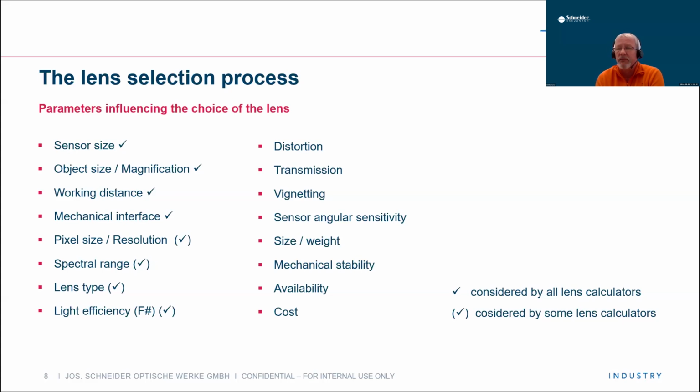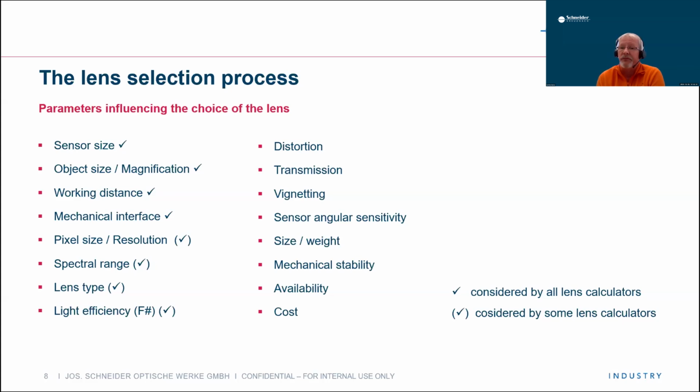And there are many parameters which are not considered at all in such typical lens selection tools. And these are specific imaging characteristics of a lens, like what you see, what you can read: distortion, transmission, vignetting. The sensor angular sensitivity is very important. I will talk about this in detail a little bit later. And also other things which are